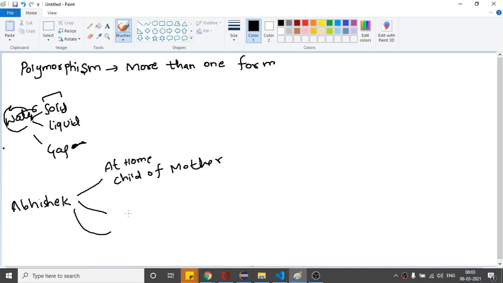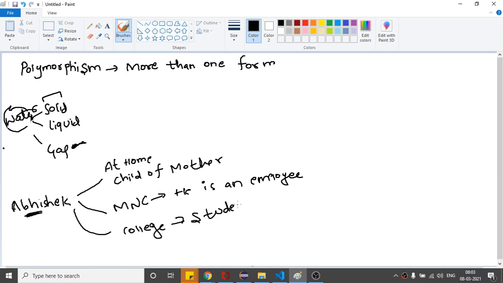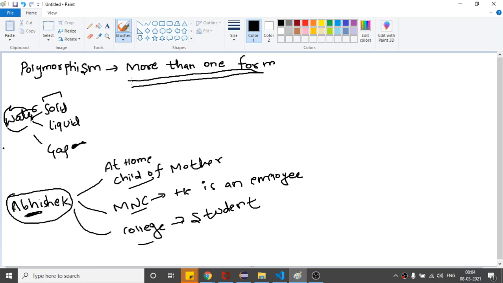Suppose Abhishek is working in an MNC, so at the MNC he is an employee. Suppose Abhishek also goes to college, so at college he is a student, right? So basically the person is the same, but he has different forms. At home he is a child of the mother, at MNC he is an employee, at college he is a student, right? So taking more than one form is nothing but polymorphism.